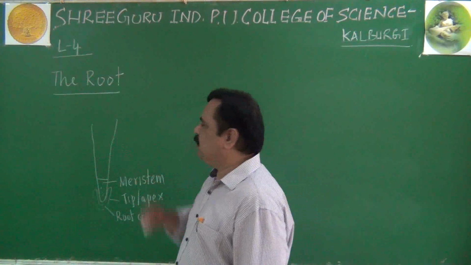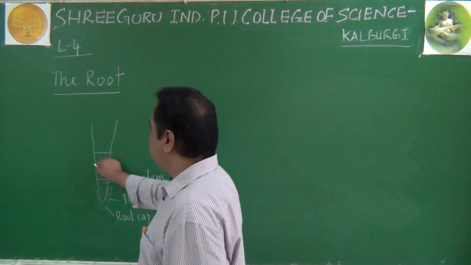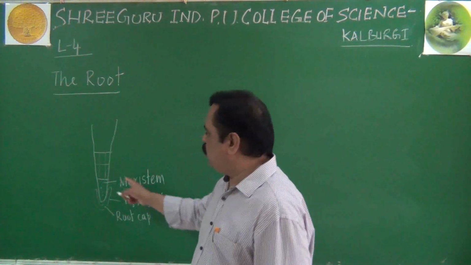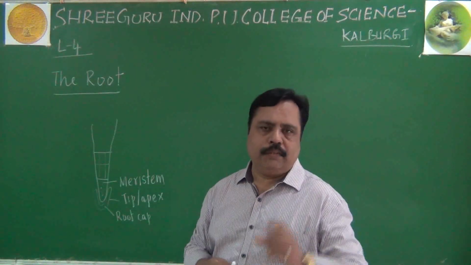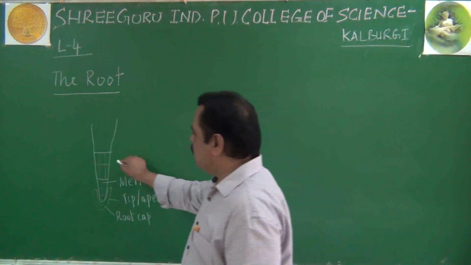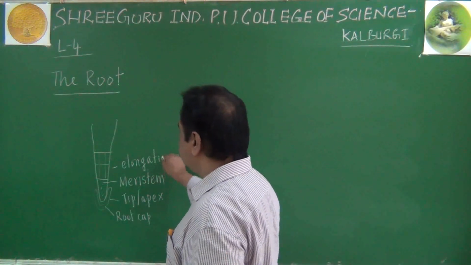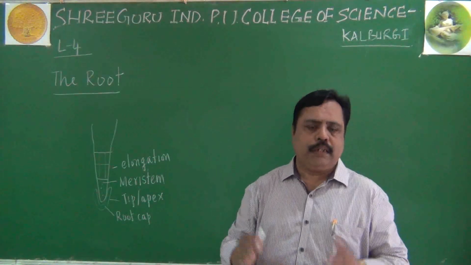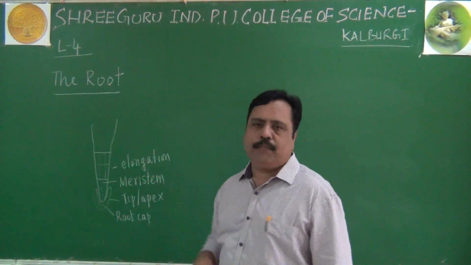Just above the meristematic area, we come across one more region. I told you in the previous class about this also. Here, the new cells produced by the meristem will elongate in size. They will start elongating, they will become enlarged actually. This is called region of cell elongation, we can say. They undergo growth, they further increase in size. Those elongated cells can be found next to the region of meristem.